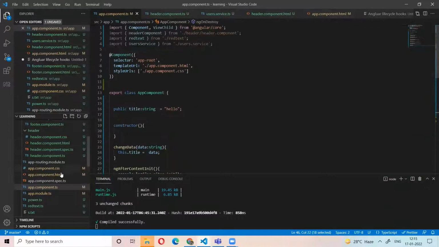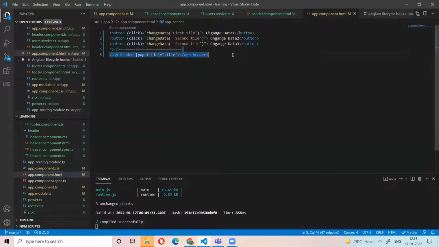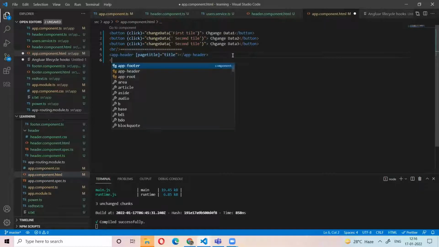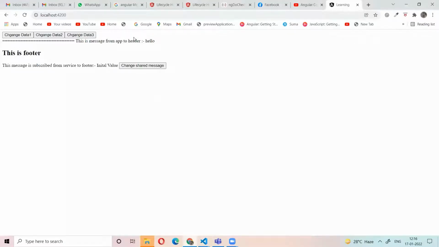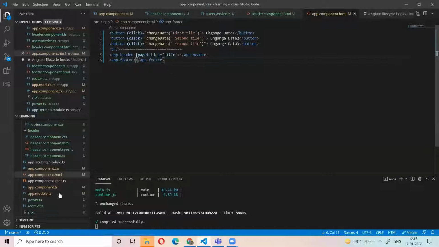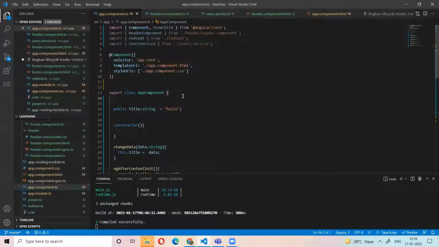I will do one thing. I have the header component and the footer component, and both are child components. So now I have the header component here, footer component here.